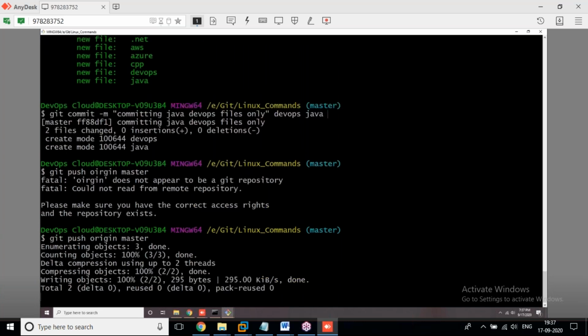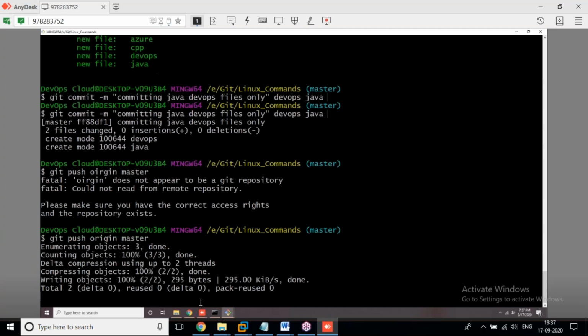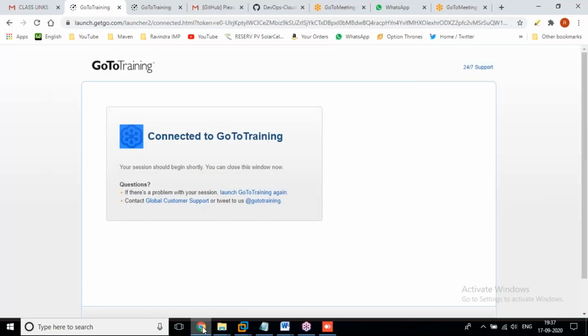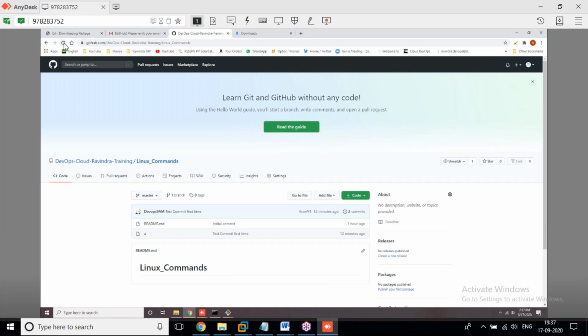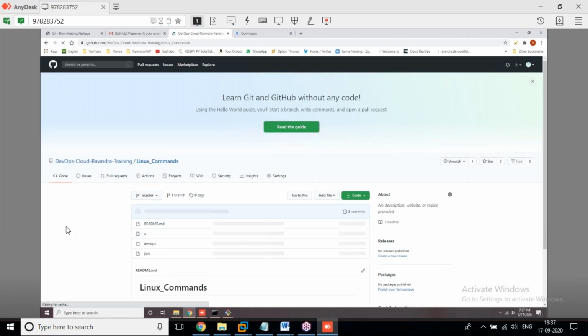It won't ask for the username and password once again. Now you can come here and refresh. We can see two more files along with these files, DevOps and Java, 1 minute ago. But we committed them below 30 seconds ago.